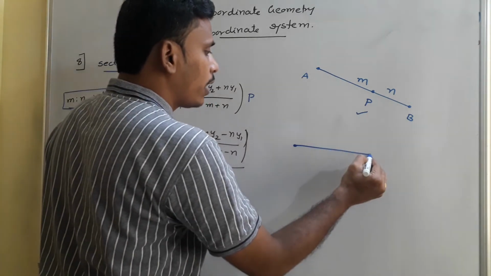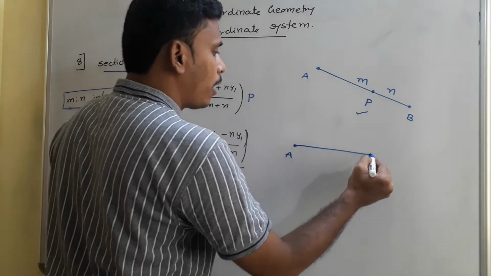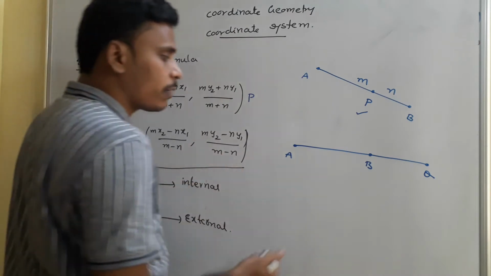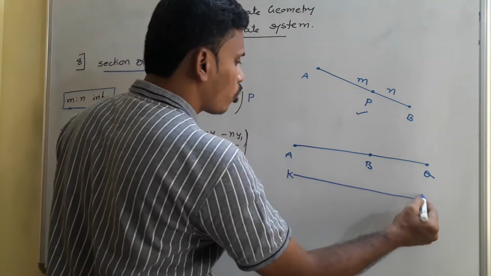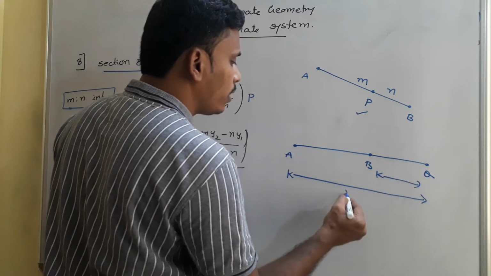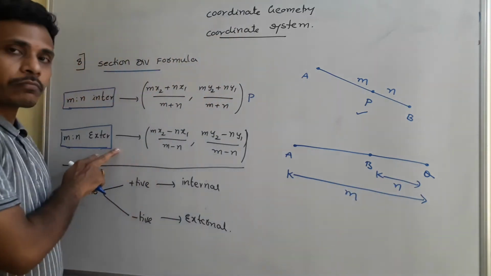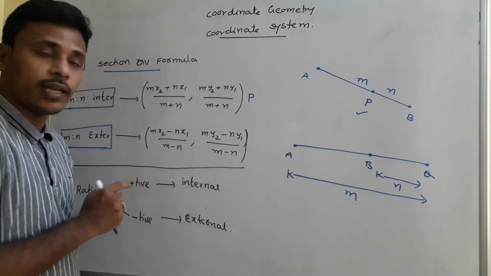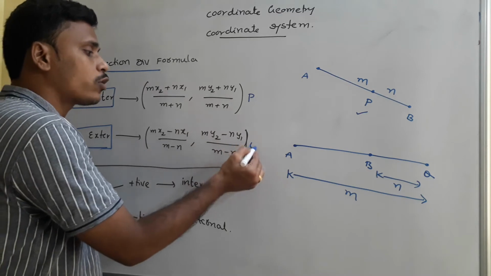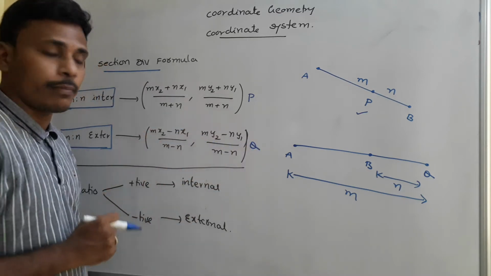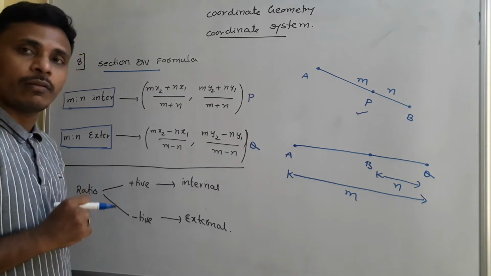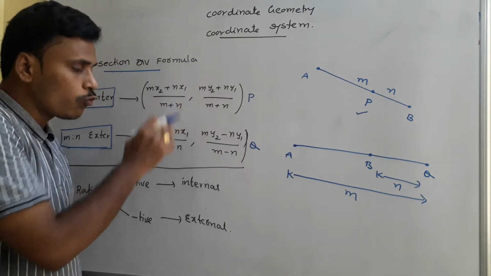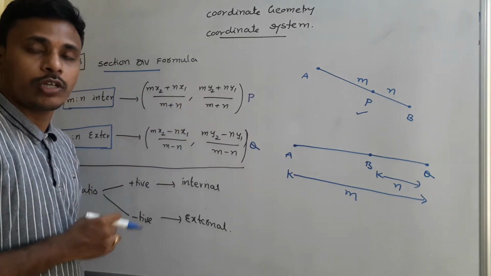Whereas if Q is a point exterior to the line segment AB, but still the ratio between QA and QB is m is to n, then we say the division is external division with the ratio m is to n. In this case we use these as the coordinates of Q: (mx2 - nx1)/(m - n) and (my2 - ny1)/(m - n). We mentioned these two formulas along with simple examples in the previous class.